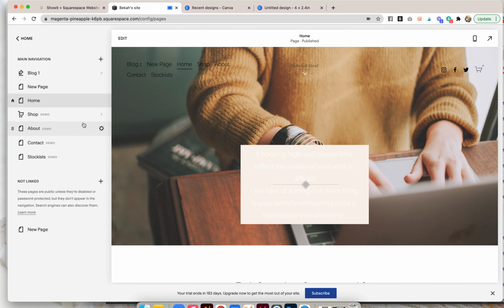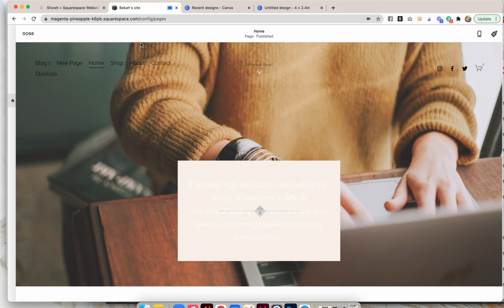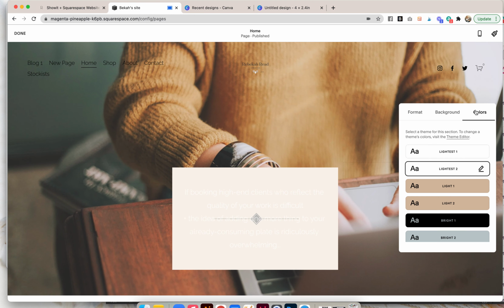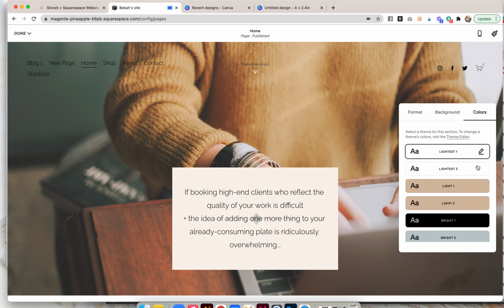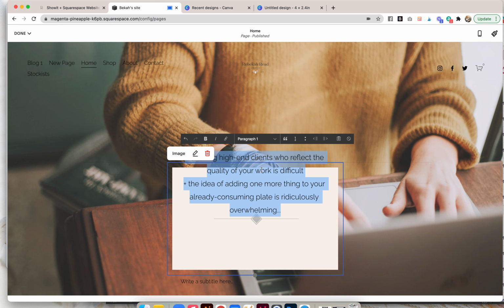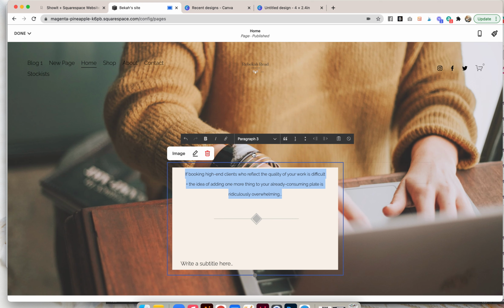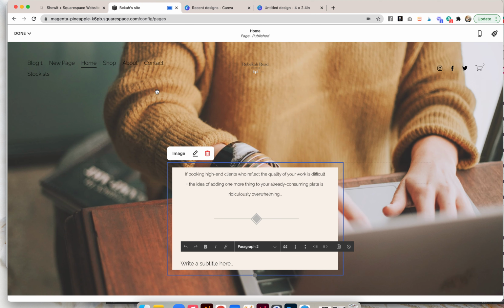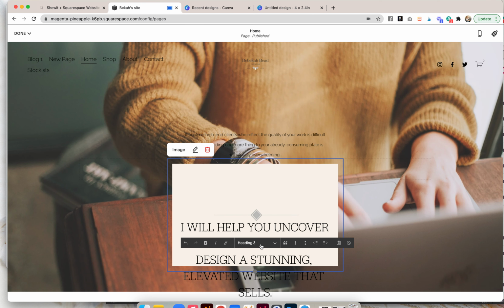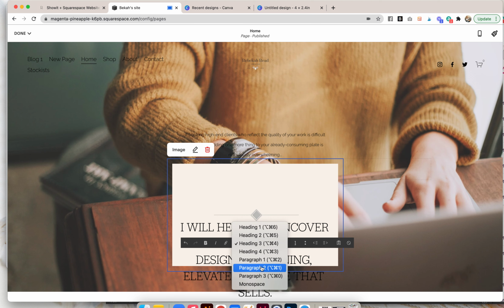Pages. So I do want this to be smaller. That's fine. And this one is going to be bigger, but not that big.